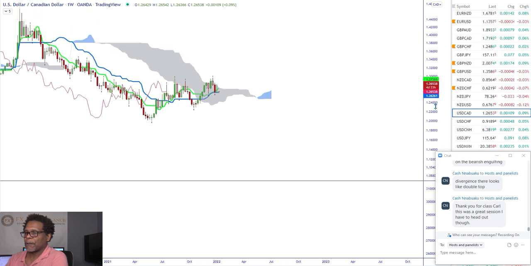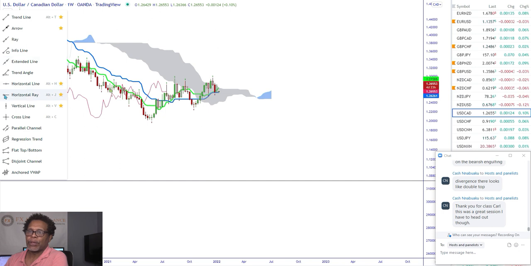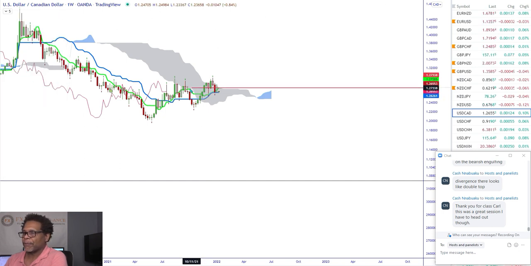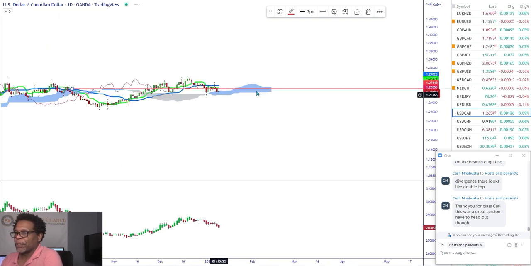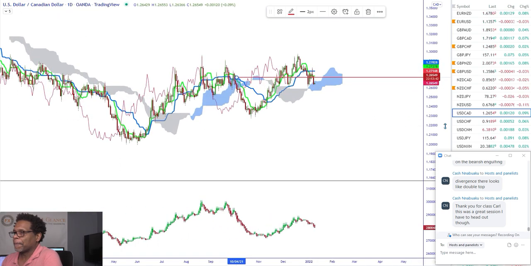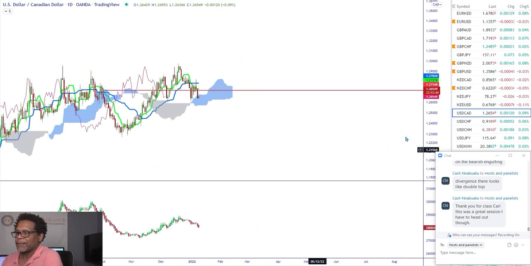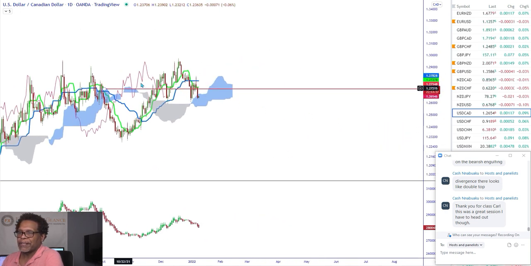Weekly's looking bullish. All right, bouncing off a Kijun-sen crossover, breakout above the cloud would be a nice trade. Let's mark that cloud level so we can look at it on the next time frame. So back to the daily. This would be the cloud breakout to the upside. Again, this is kind of mixed signals here on the daily. No trade that I like either right now. So I would wait. All right. No trade I like right there.